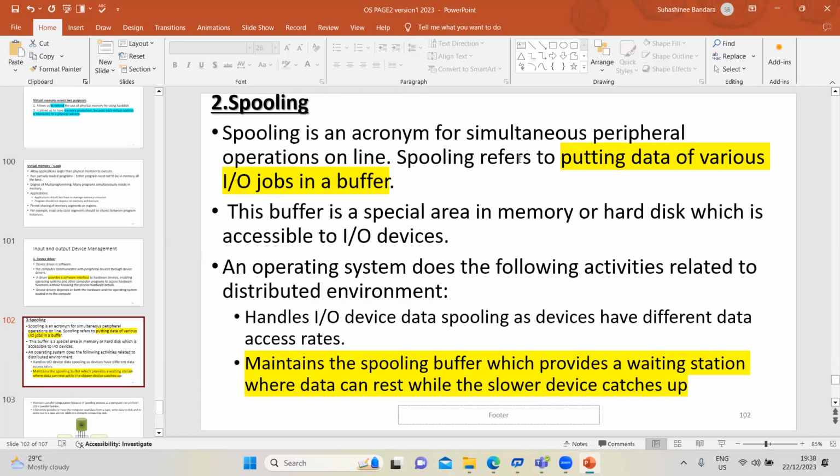Then the operating system does the following activities related to the distributed environment. Handles input-output devices, data spooling, as devices have different data access rates. So it maintains a spooling buffer which provides a waiting station where the data can rest when the slower device catches